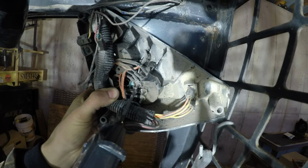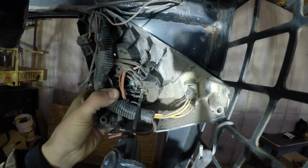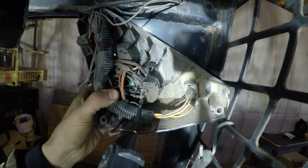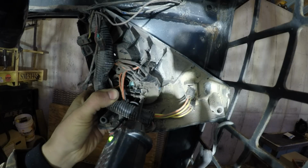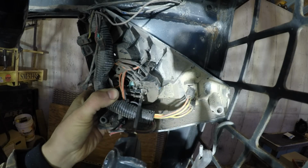So one of these should have power. Alright, that one there has got power. One of them should be ground. Alright, there's our ground. And another one should probably light up as ground. So one of these is an actual ground, and one of these